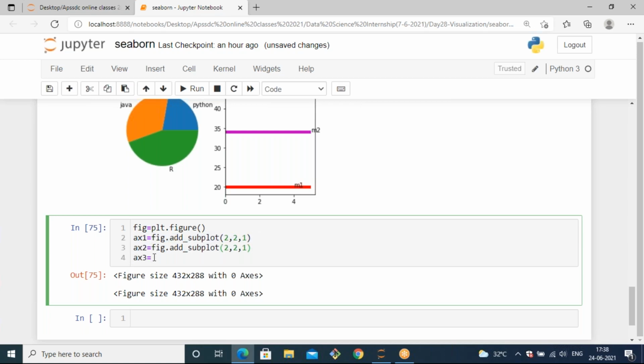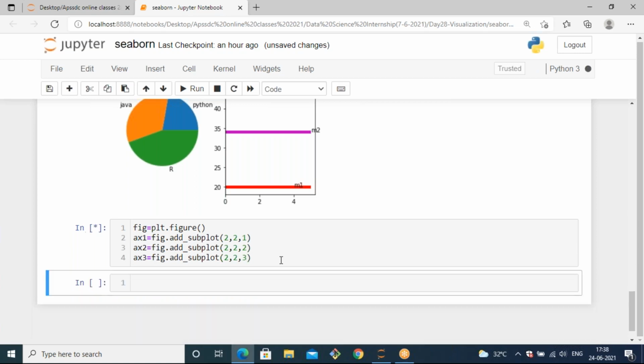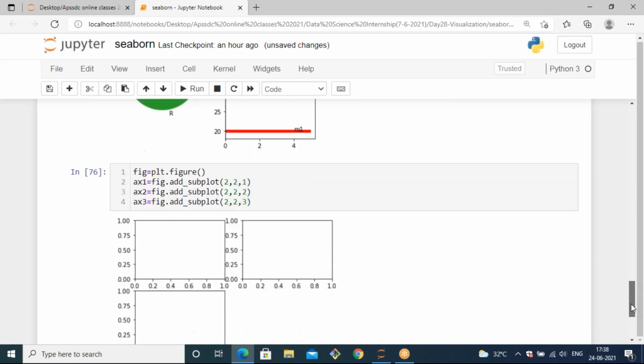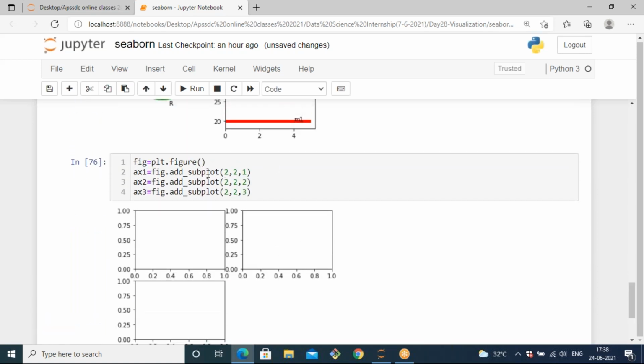I'm going to generate it with axis 2 and axis 3 also, and this axis 2 in the second index and axis ax3 in the third index. So you can observe here, it will generate totally 3 subplots by generating a figure, and by default the figure doesn't have any size. And with respect to that figure, we need to add new subplots.